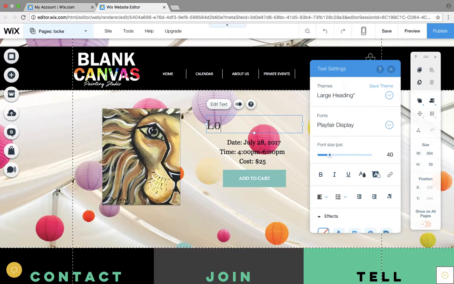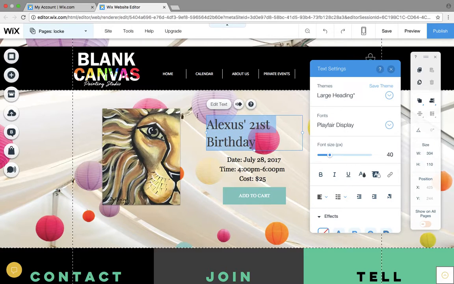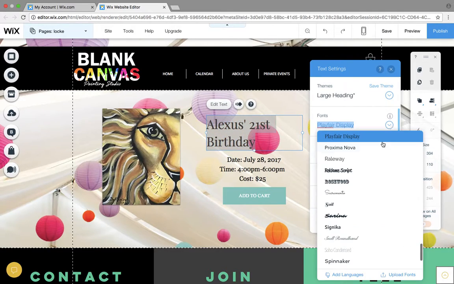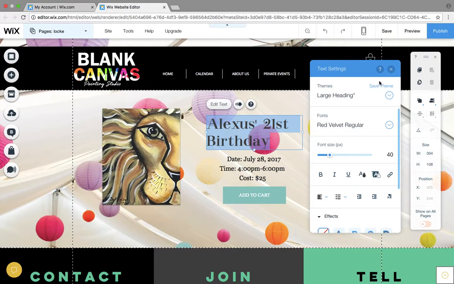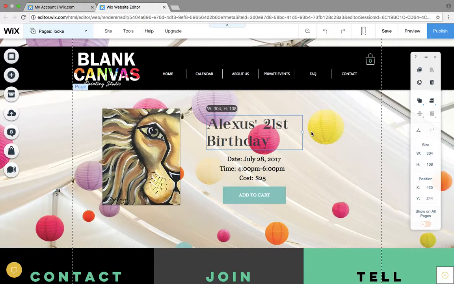And so I'm going to call this Lock Party. Or it can be Alexis's 21st birthday. You are able to change the font. I'm going to change it to this one. And if you move it out, it'll be able to make it into one